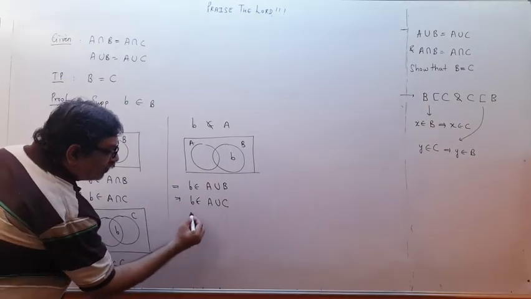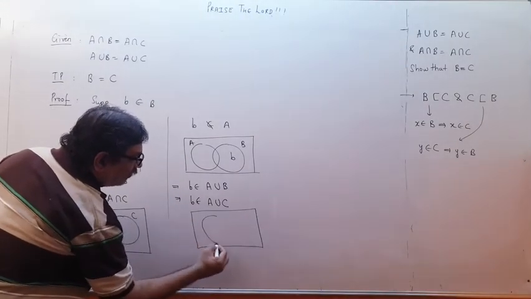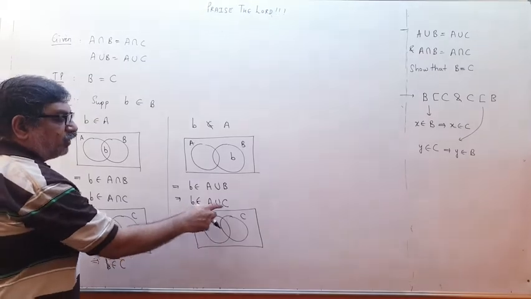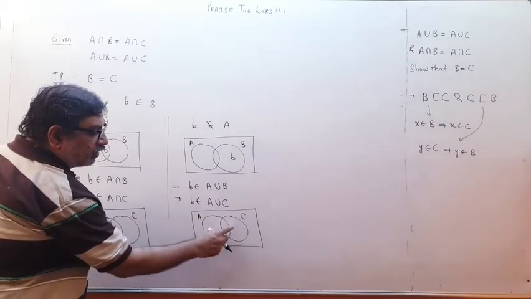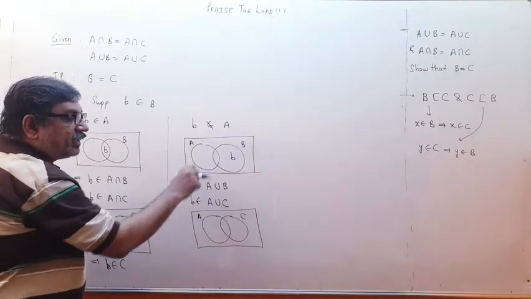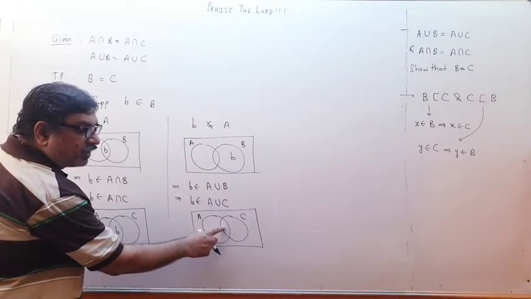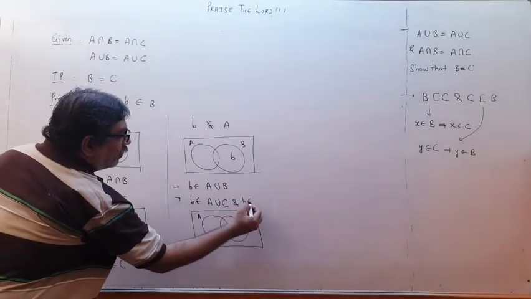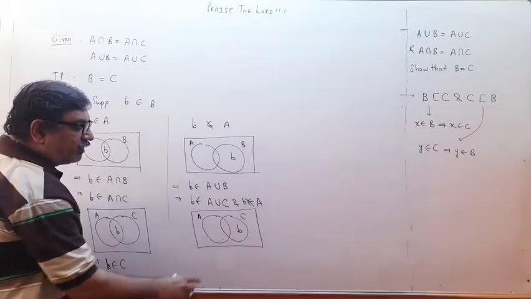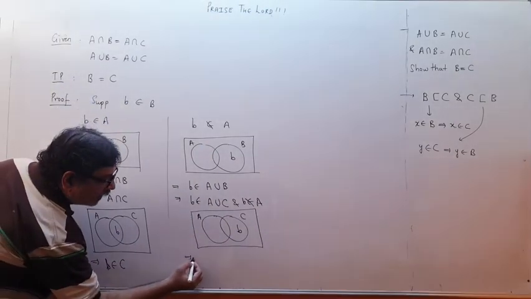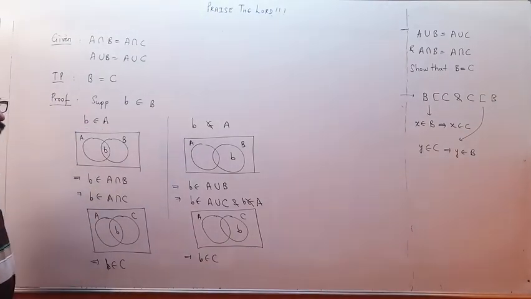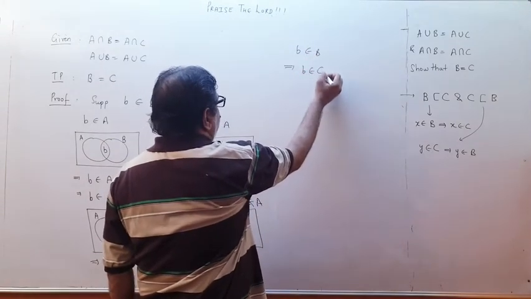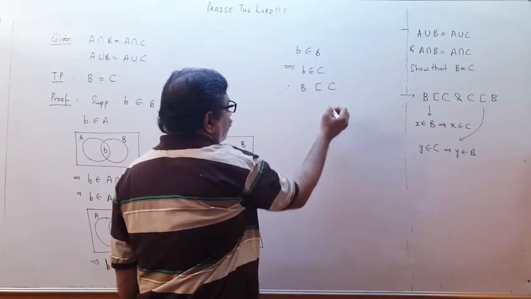Now if I draw the Venn diagram for A and C, it is coming out to be like this, A and C. Now children, x is present in A union C, so it can be here, here or here. But it is not present in A, so it cannot come over here, it cannot come over here, it has to come over here. So x belongs to A union C and x does not belong to A. Therefore you have to put x over here. So you can see that implies x belongs to C. So in either case, x belongs to B has proved x belongs to C, therefore B is subset of C.